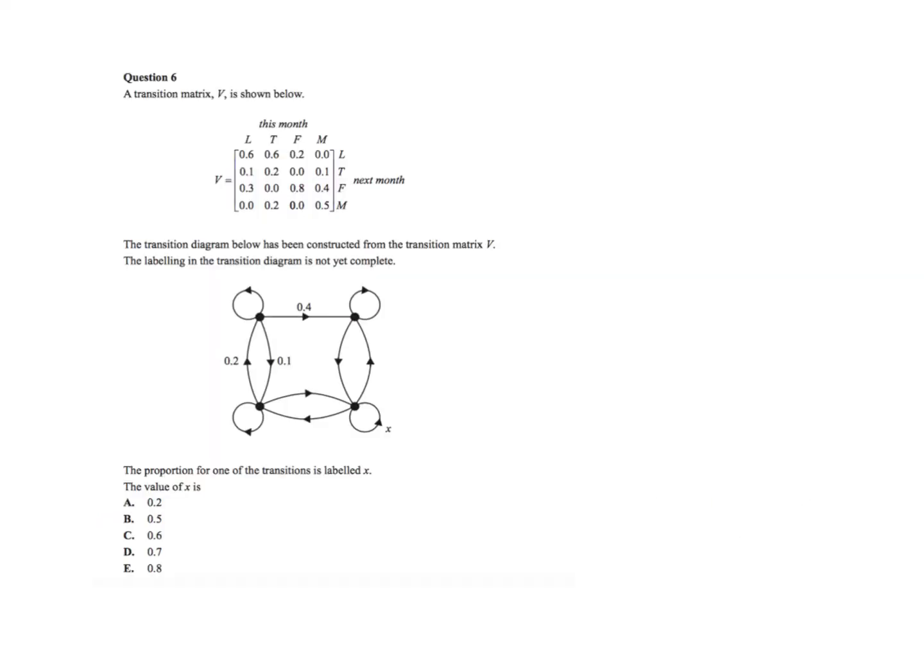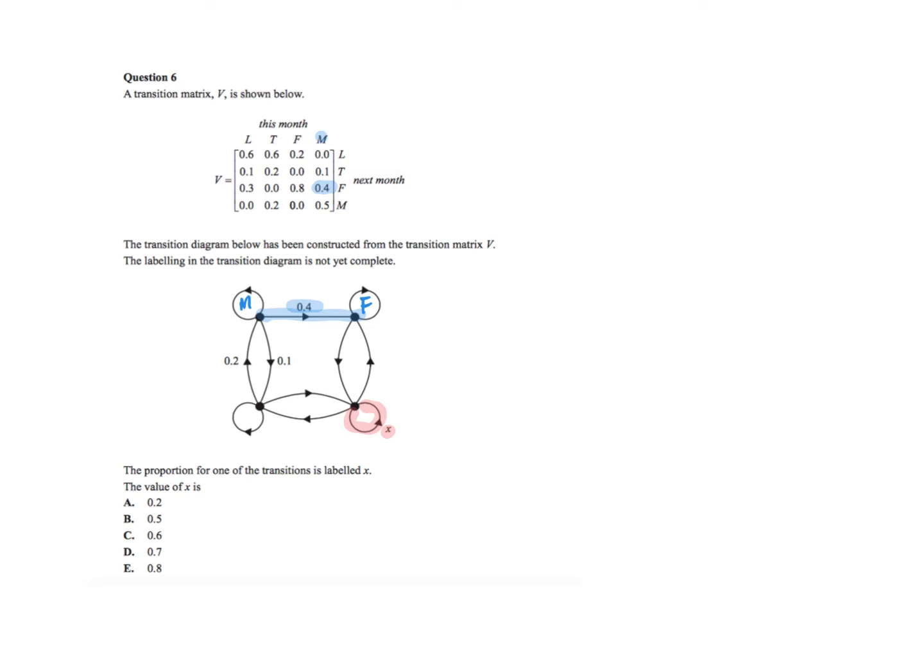Okay, so here we've got another exam question like that one before, where they want to know what this loop is, but we don't know which letter it is. So what we're going to do is use the ones they've given us. I've got a 0.4 here, and I can see it up here in the 0.4. So that's when I go from M to F. So if I'm going from M to F, there's the 0.4. Then if I look at another one,